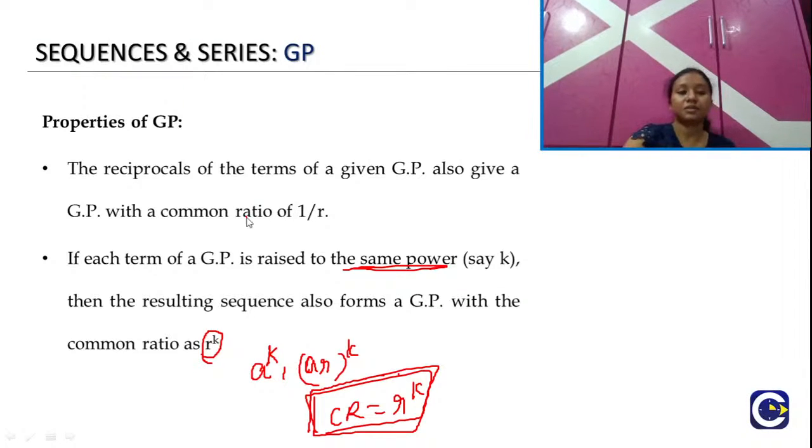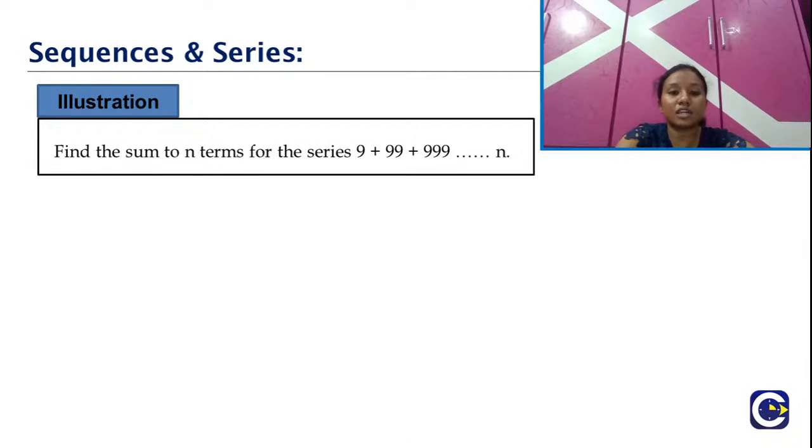So these are the properties related to geometric progression which we have discussed. So far we have started with our series of GP and discussed its properties. Now let's start doing questions related to the sum of a geometric progression,